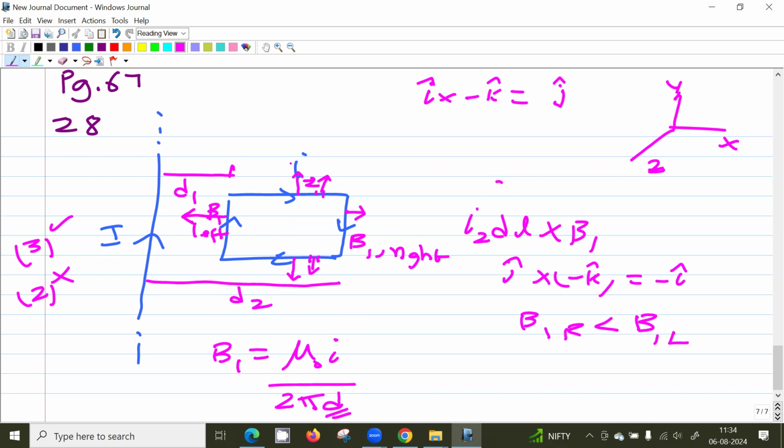Suppose it has to rotate, it means it has to rotate about some axis of this, right? So this force is perpendicular to this axis, so it will not rotate. If the force is at an angle to the axis, one component will be along the axis and one will be